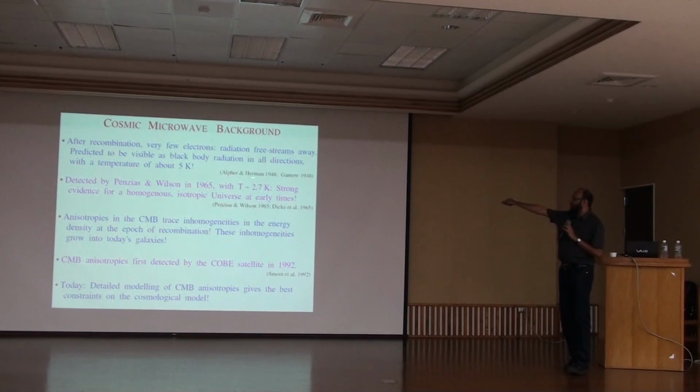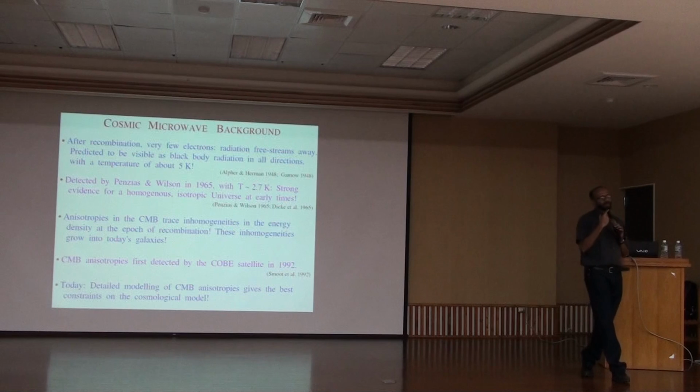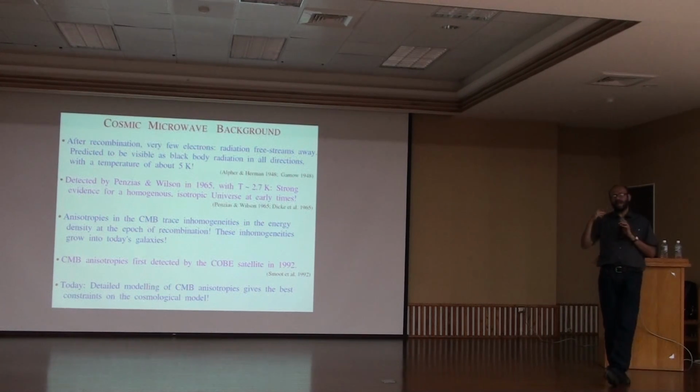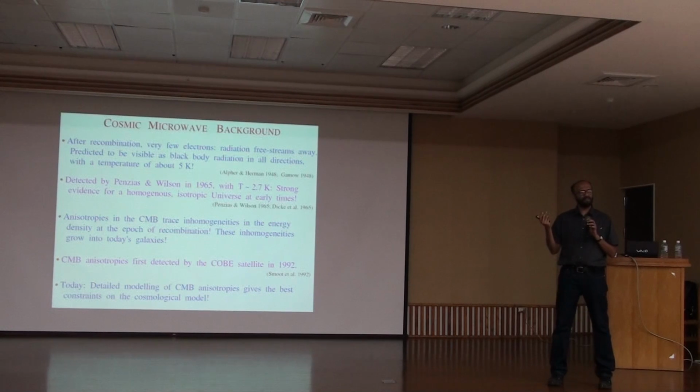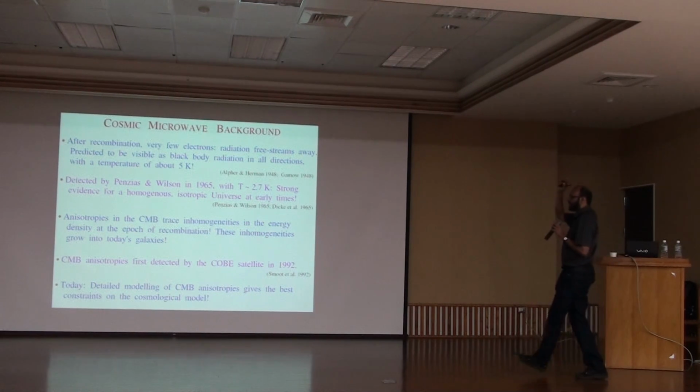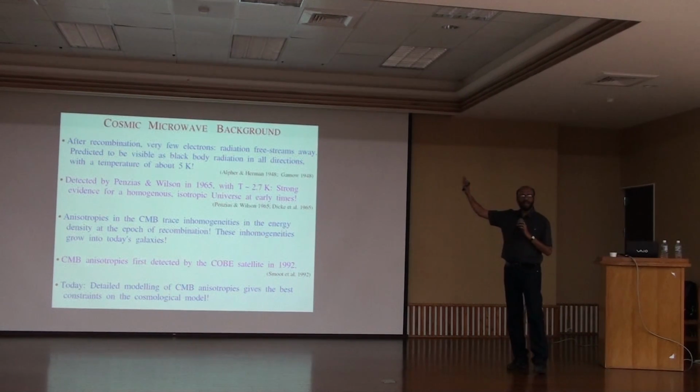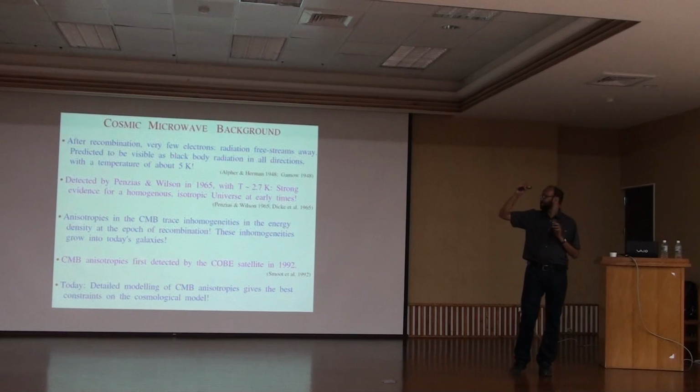And what Alpher and Herman and Gamow predicted in 1948 again is that this radiation should be visible as what is called black body radiation. Do you know what black body radiation is? Have you studied black body radiation? Okay. So the prediction is that this radiation should be visible as a black body in all directions